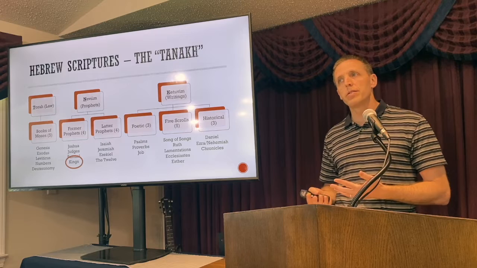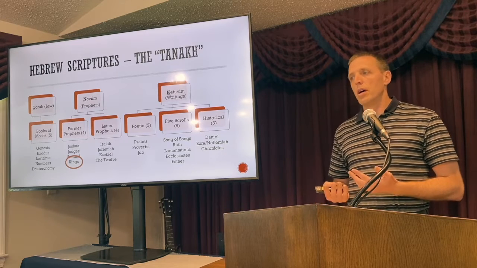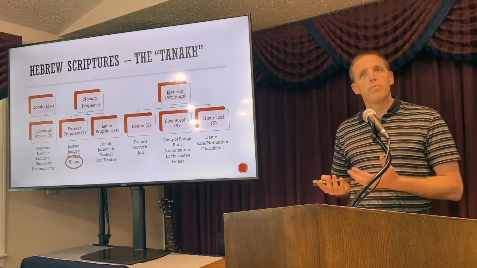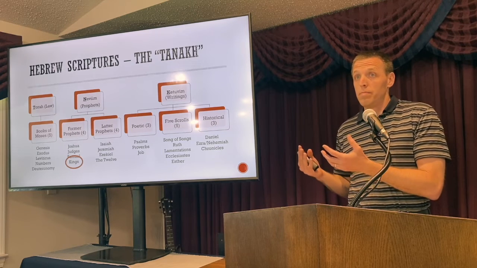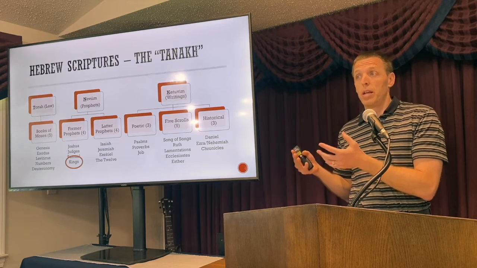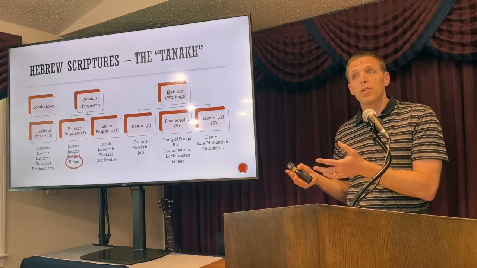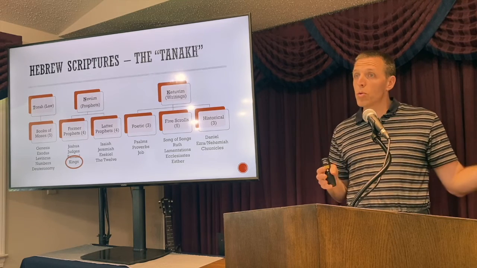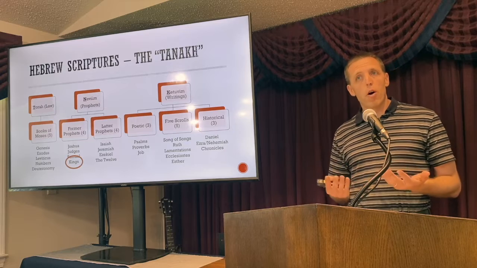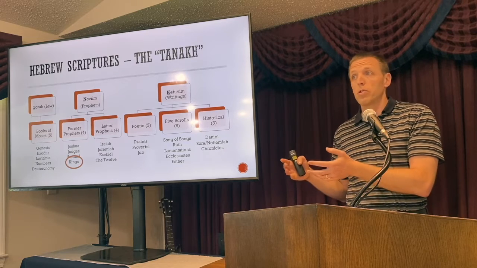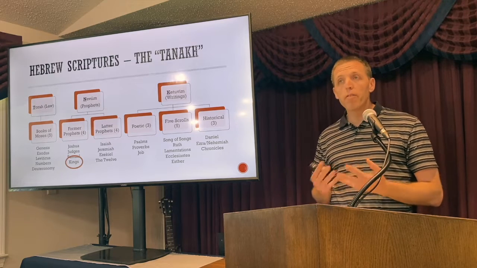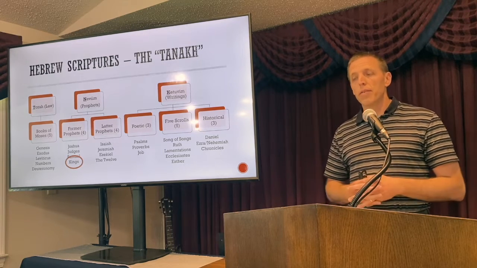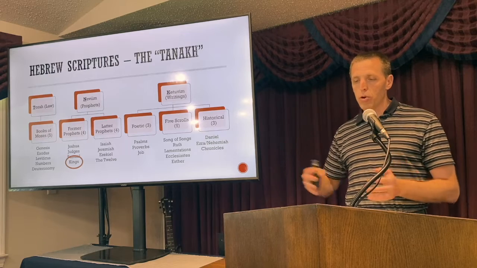But in another sense, the way we as English readers often think of Kings is they're much more like Samuel or Joshua or Judges or really Deuteronomy and Numbers and Genesis and Exodus, right? They're telling a story, and they just keep that story going, right? And that's how we've always thought of them. They're more like Chronicles or Ezra or Nehemiah. And that is true. They are very much like the Torah in the fact that they're recounting historical events.